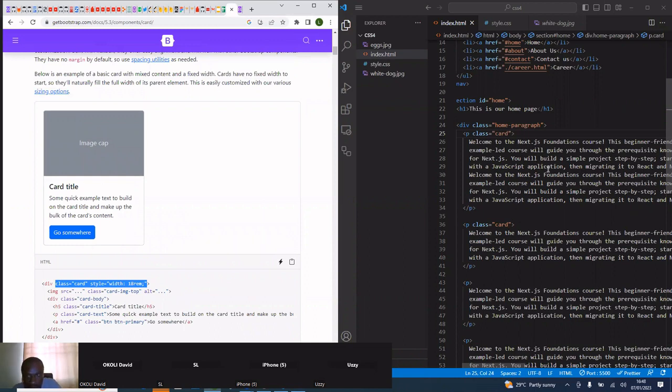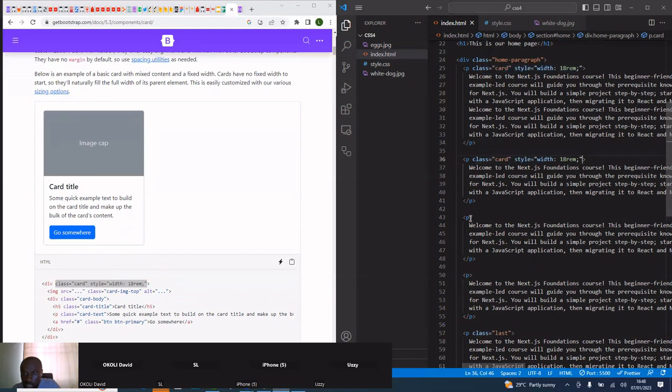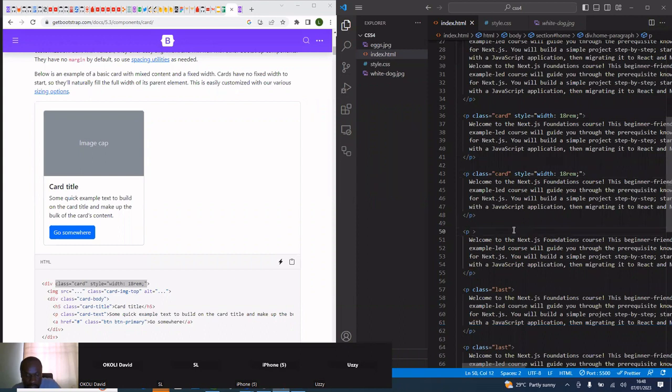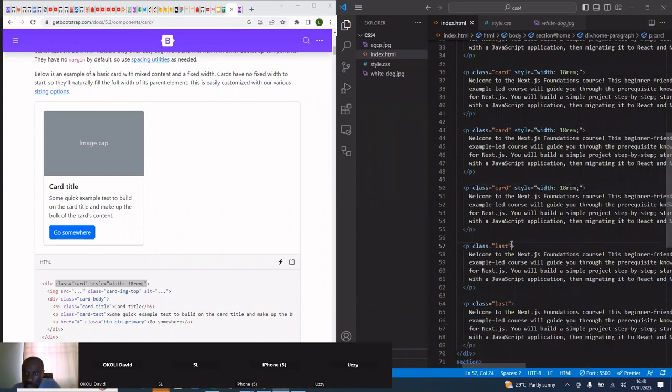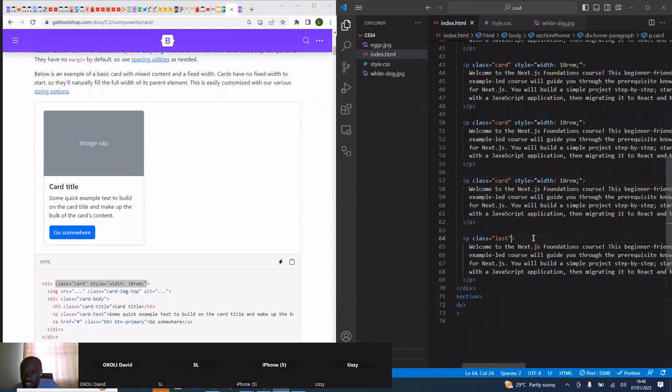Let me Control C, so I've specified width for this. So I will go ahead and write the same class for all my P. I want all my P to look like that card. I'll go ahead and specify the same for all my P. I'm not using my CSS. I just wrote HTML and Bootstrap is styling it for me. Why? Because the reason why this is working is because of the link I dropped up there. And I'm online. So what that link is saying is that anytime I specify a class called card,